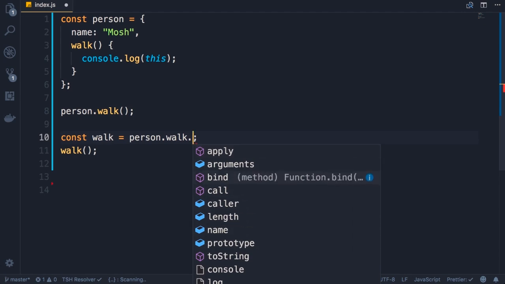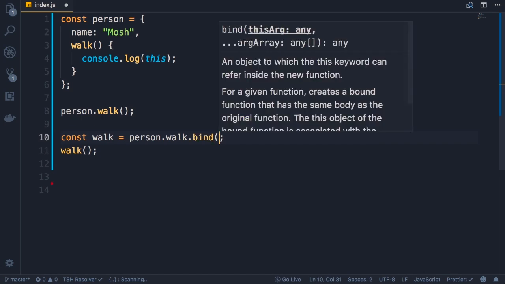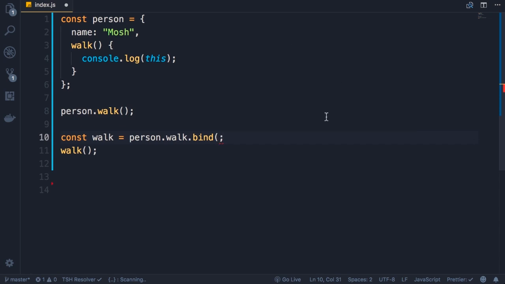We've got this method here, bind, and we can use this method to bind a function to an object. What do I mean by this? So when we call this, note the first argument is called thisArg. What we pass here as an argument will determine the value of this. In this case, if I pass this person object here,